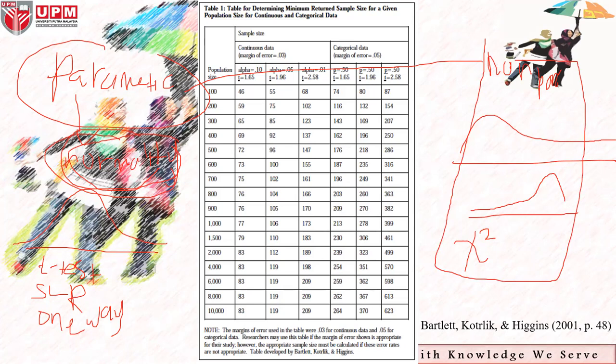Okay, refer to our Krejcie and Morgan table, which I said that the basis of calculation for Krejcie and Morgan table is chi-square, which is non-parametric. If let's say in your study you want to use parametric analysis, in this case you cannot use Krejcie and Morgan table as a basis to determine your sample size. Faham? Sebab dia dah tak tally. Ada benda yang non-para sedangkan you all nak pakai para. Faham?